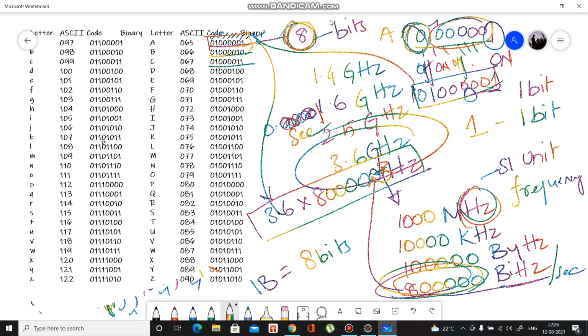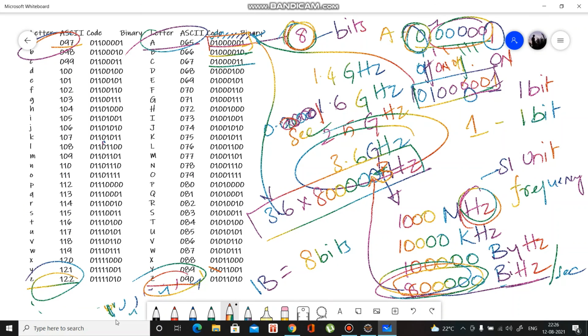So you just remember, you can't remember everything. Just remember A is equal to 65 and Z is equal to 90, and small a is equal to 97 and small z is equal to 122. If you remember this, then it would make it easy to calculate.